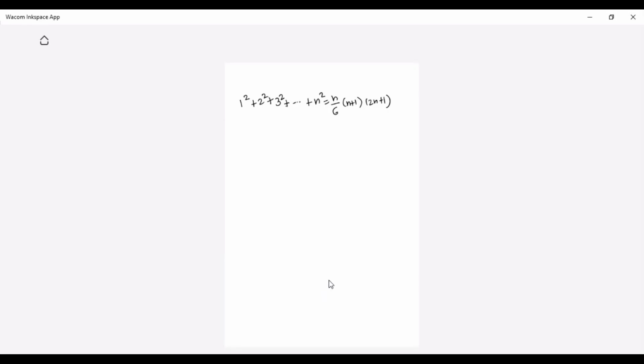Okay, I will solve RHS. Very easy it is. RHS would be, put n is equal to k plus 1. So it would be k plus 1, then k plus 1 plus 1 is k plus 2, then 2k plus 3. Why 2k plus 3? Because n is equal to k plus 1. So 2k plus 3 divided by 6. So basically, you are going to get this value.